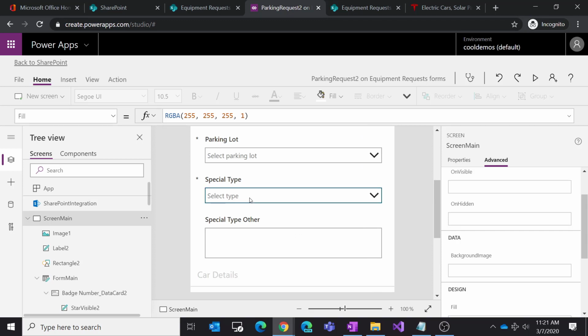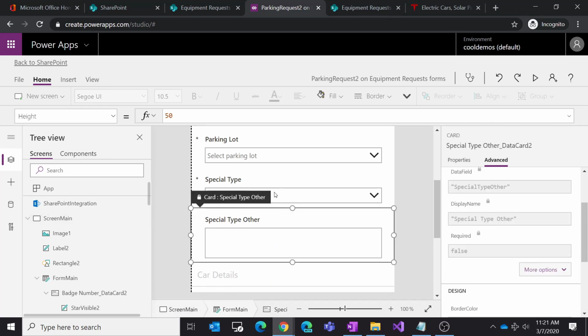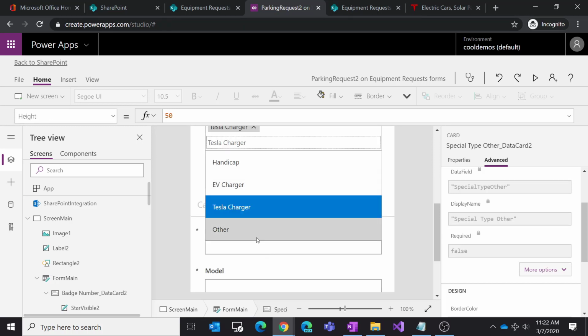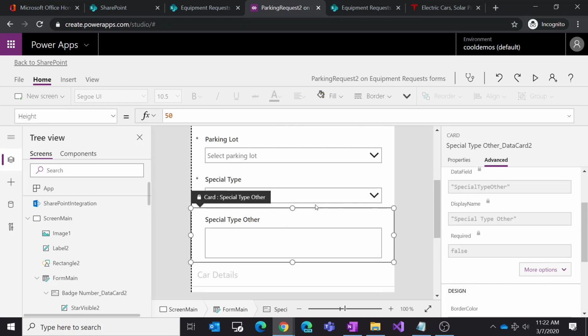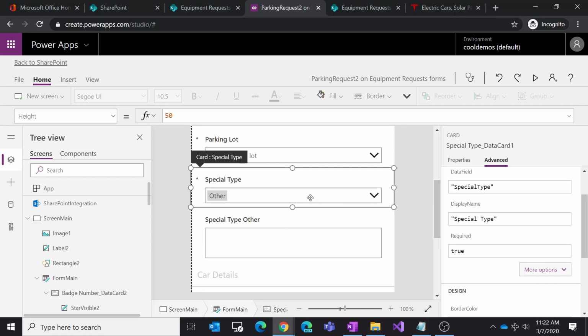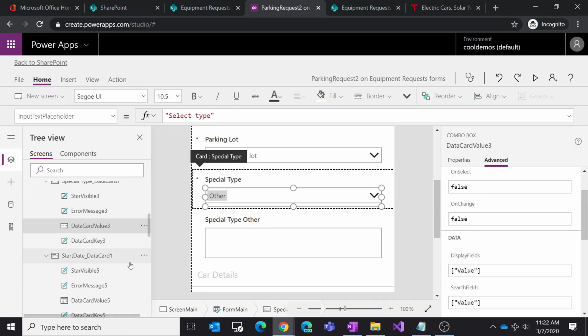So the last one we want to do is how should we handle this scenario here, where if I hold down my Alt key, it allows me to select inside of that option and select different options. And I only want this to show if other is selected in this drop down, right? So in order to do that, the first thing I need to do is to go to this data card, and for the value that's stored here on this drop down, I always rename any data card or any control